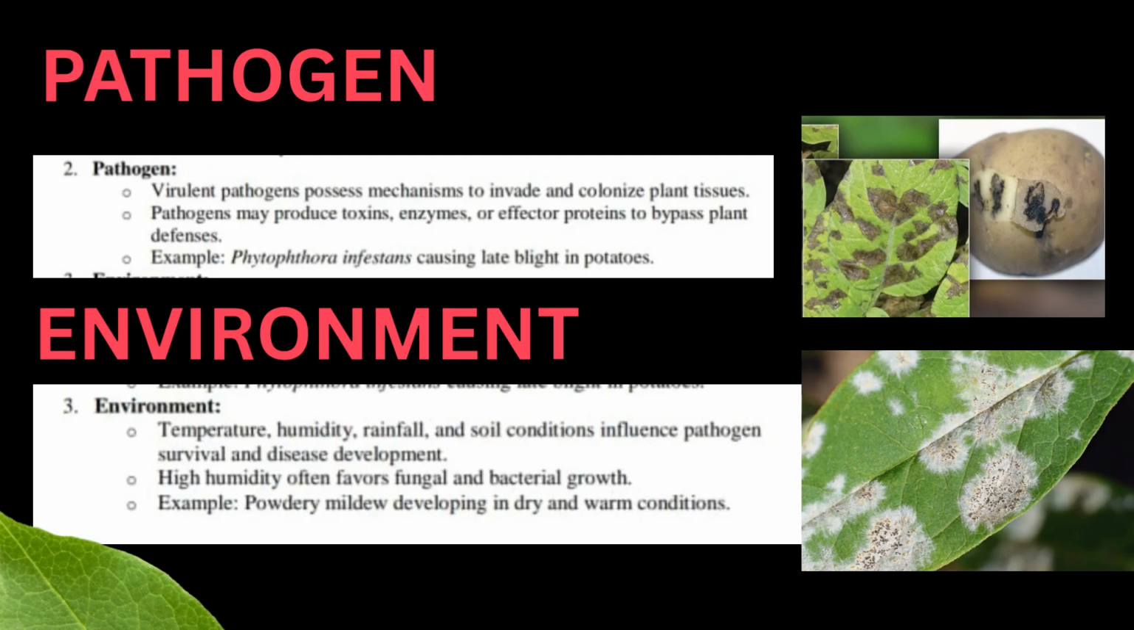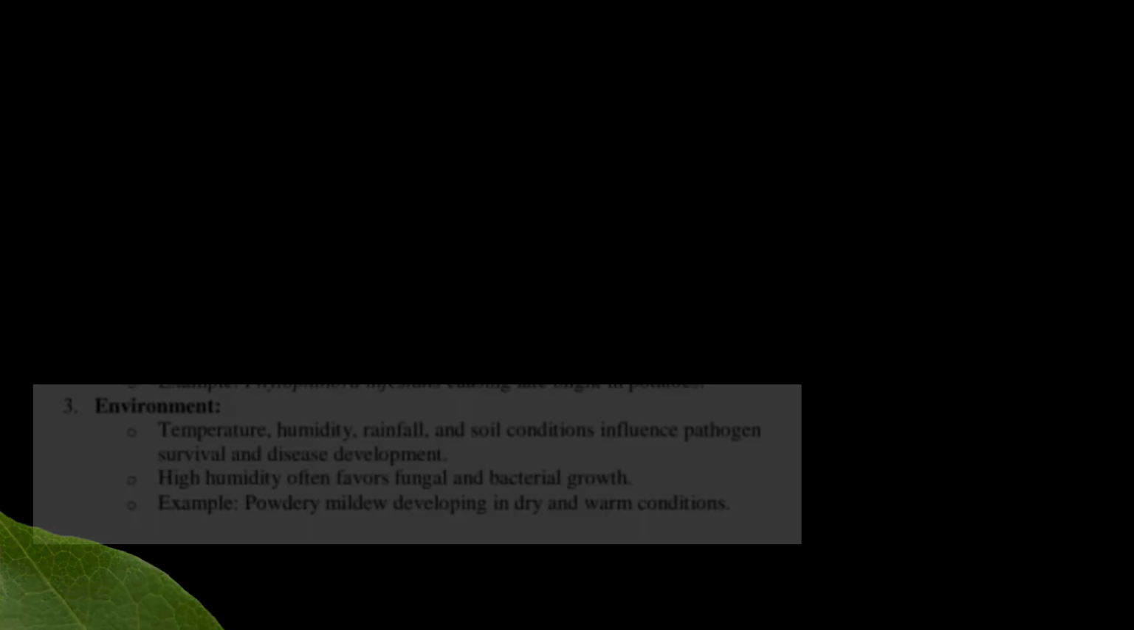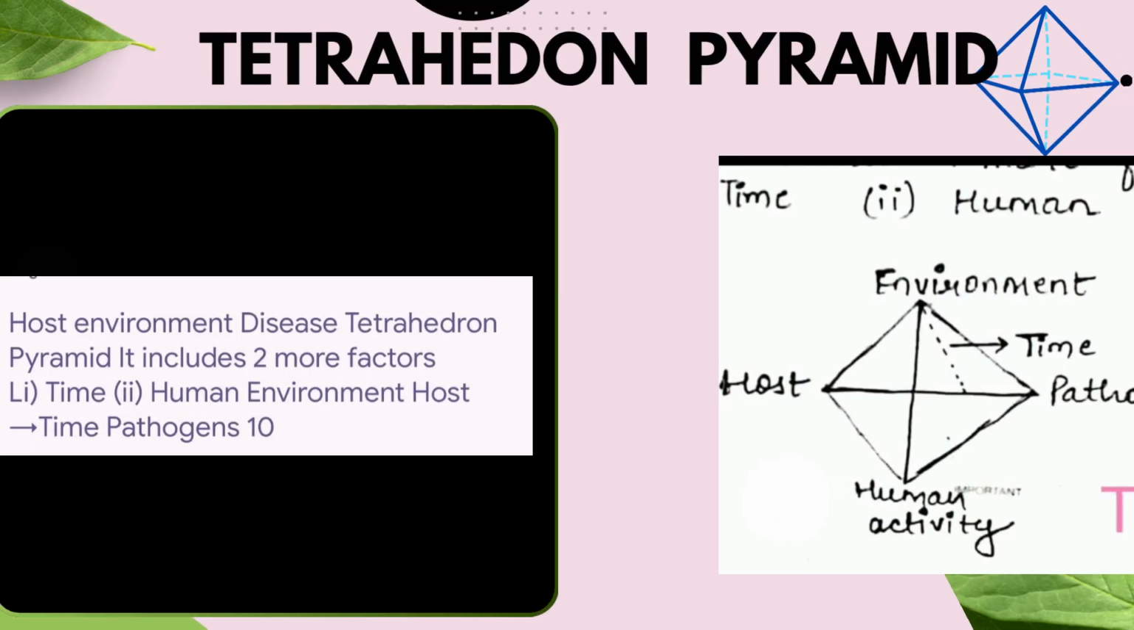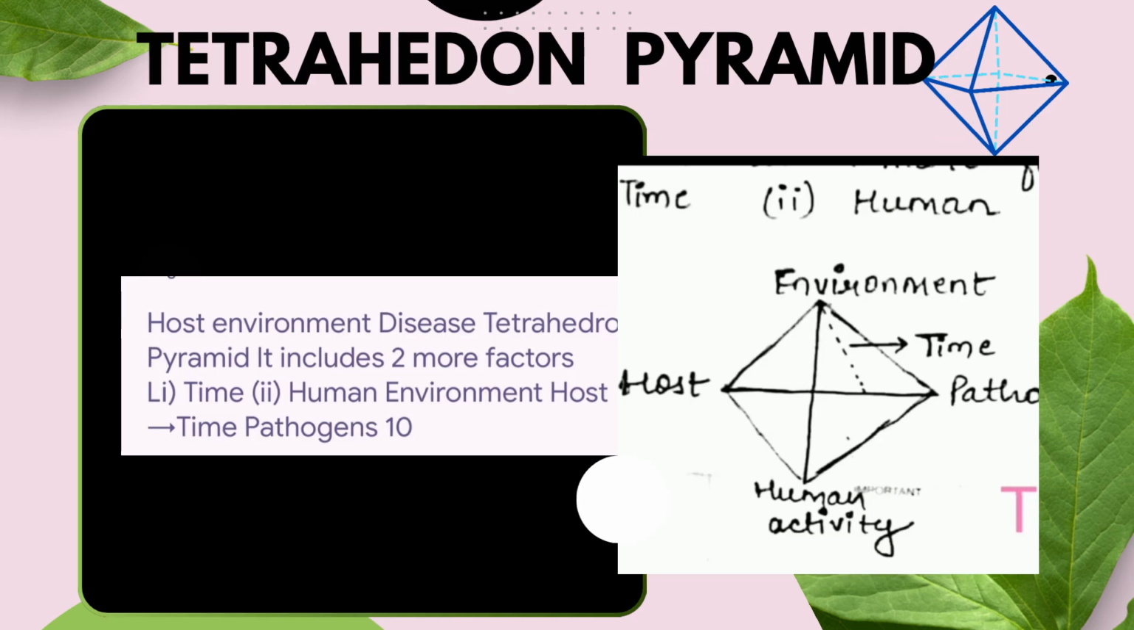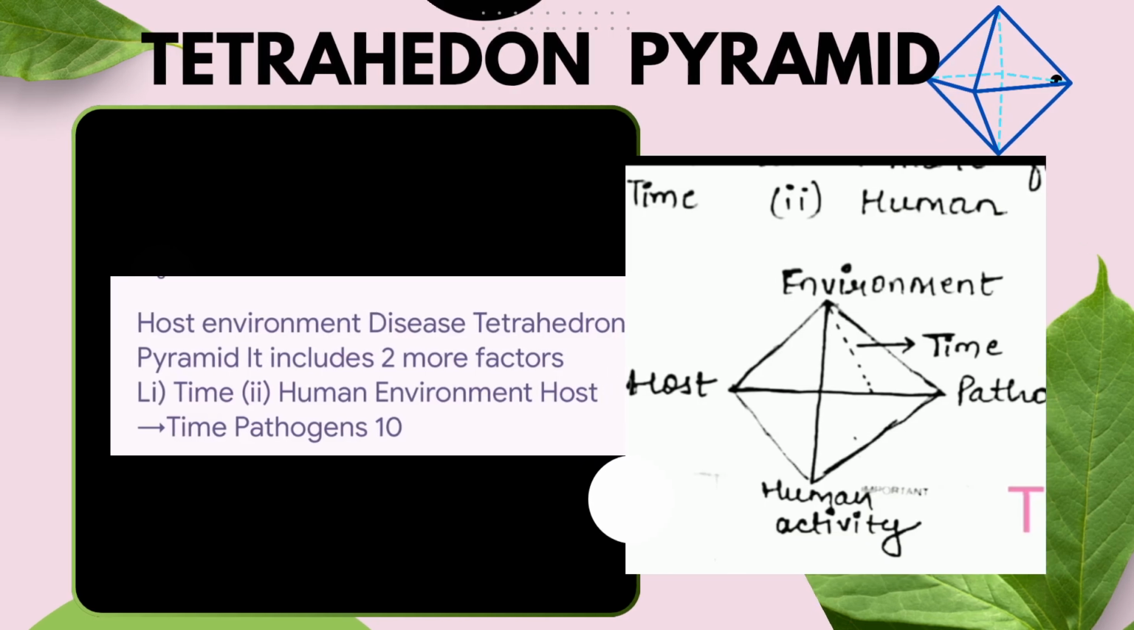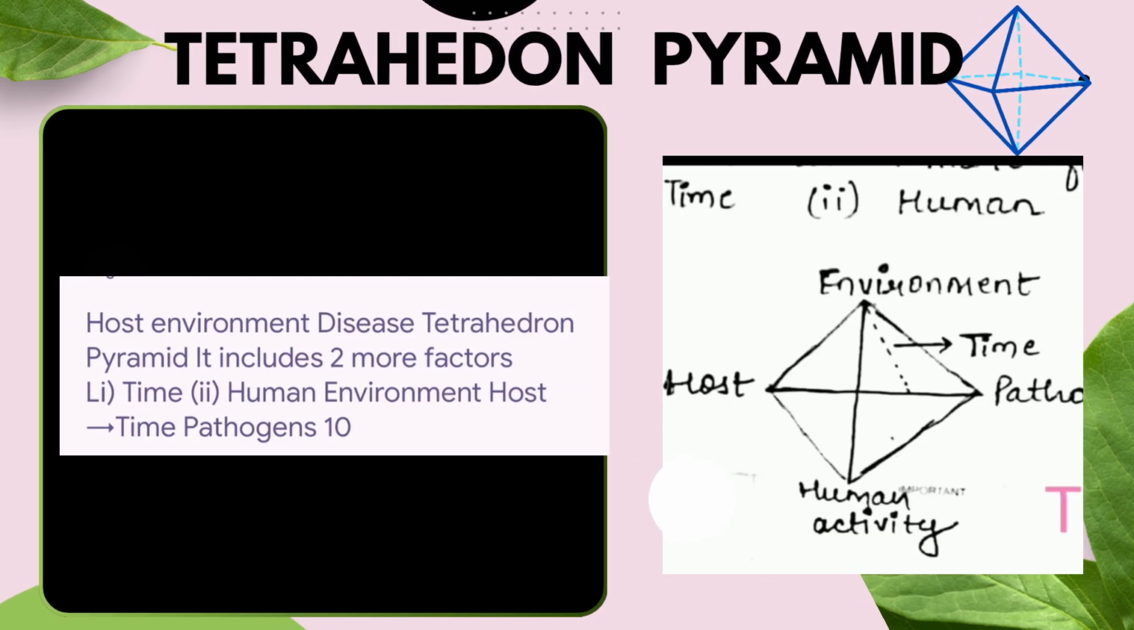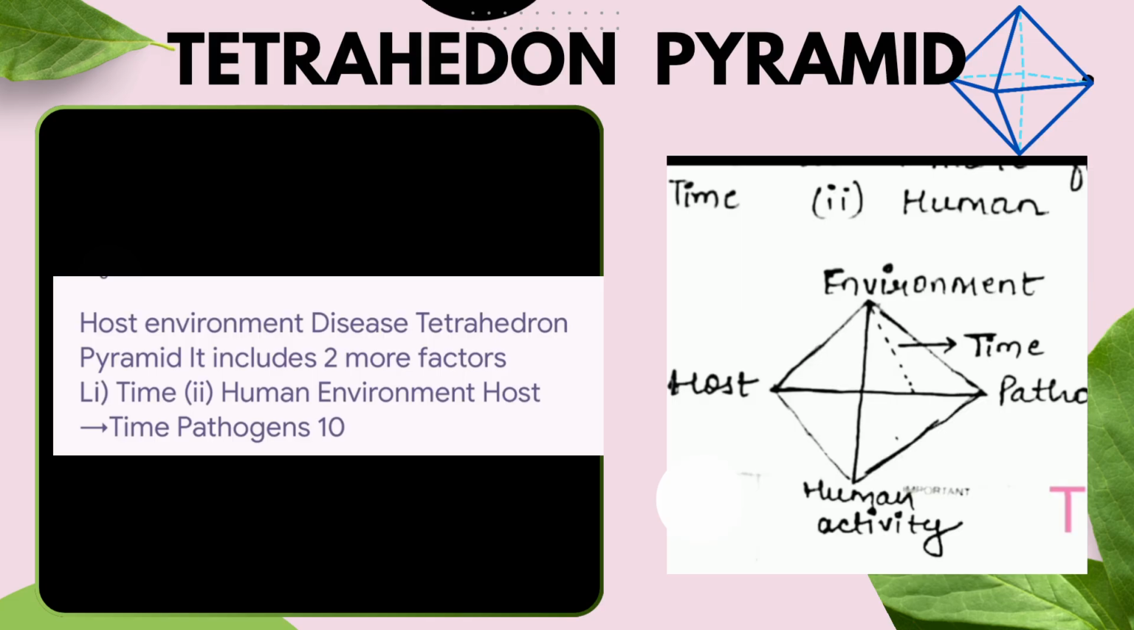So for example, here in the picture we can see powdery mildew developing in dry and warm conditions on the leaf, and in another diagram, the pathogen Phytophthora has caused blight on a potato leaf. So next comes the tetrahedron pyramid. Till now I have explained that the disease triangle has host, pathogen and